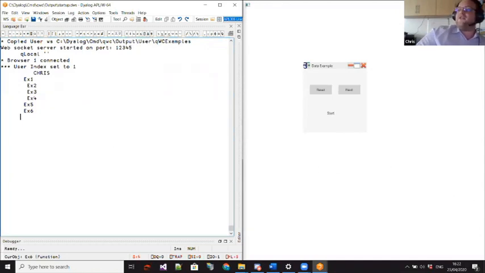Example 6. Now, this is an interesting one, at least to me anyway, as it demonstrates the use of the data property to store data instead of assigning it to a global variable. Now, I believe every object has a data property which can store one APL array of data. In addition to being neater than assigning data to global variables, this also has the advantage of keeping data unique to each instance of the application. So for example, it can be used to store data applicable to each individual instance, like the user setting configuration or something like that. So here you can see, if I go into the code,